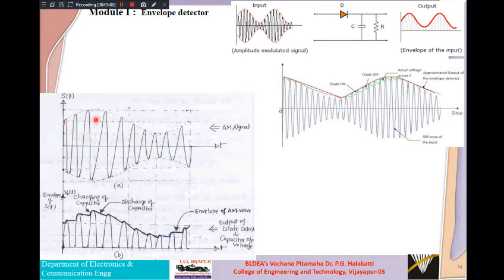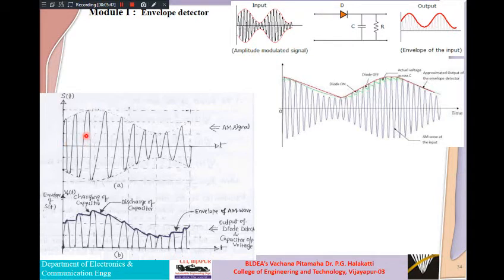How do we get the envelope from this series of high frequency carrier signal? It is made up of two peaks, a positive peak and a negative peak. Let us try to understand what is happening in each of these peaks. That is nothing but our operation, how this envelope detector is going to operate. The operation is very simple. During the positive peak, this one is plus and this one is minus. Listen here carefully, I am explaining the operation during the positive peak.